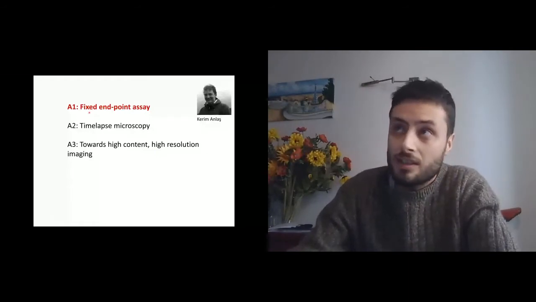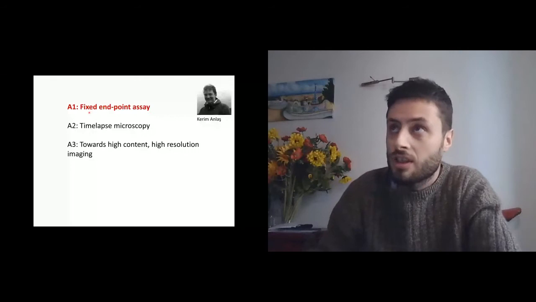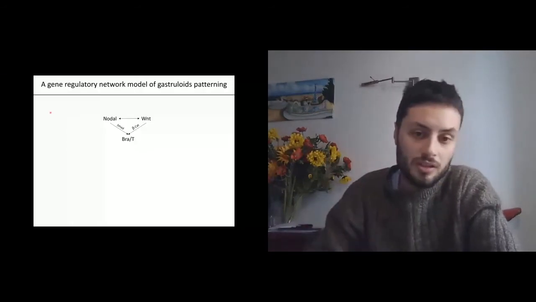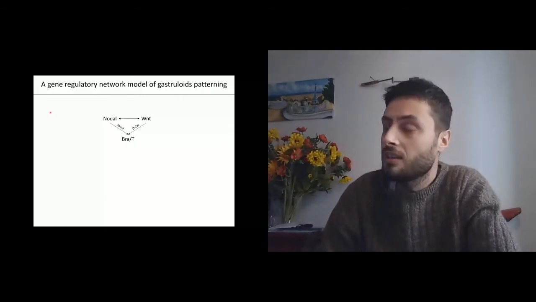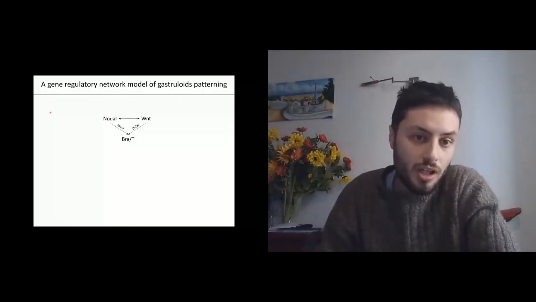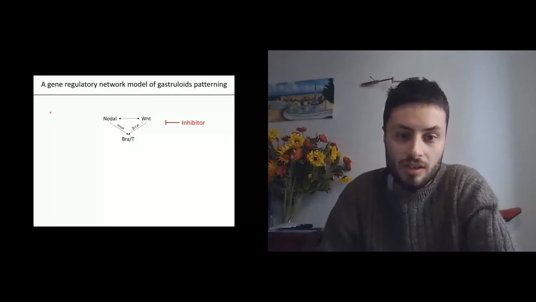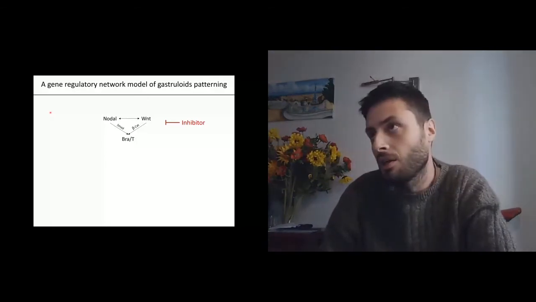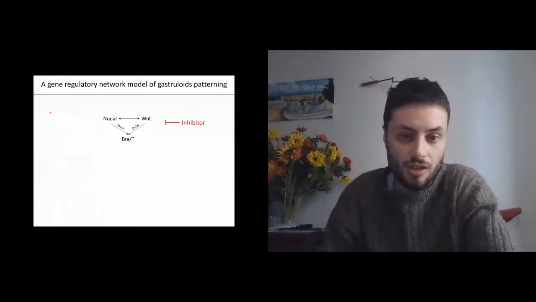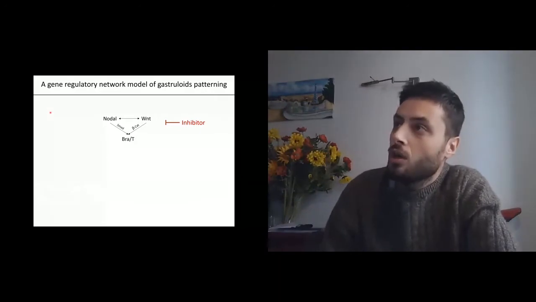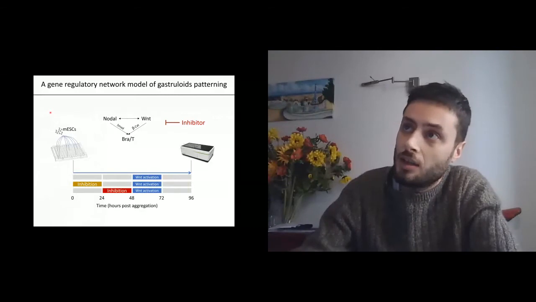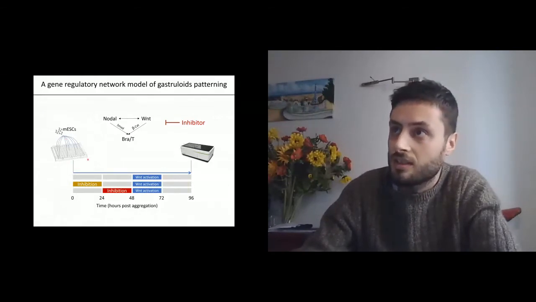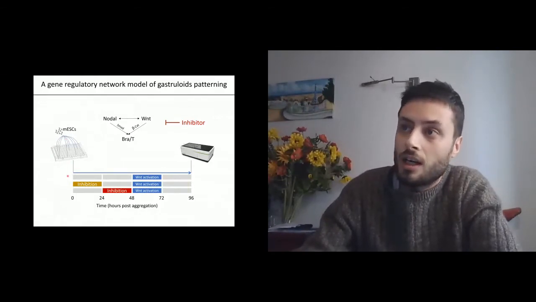What we are interested in this case is to study the gene regulatory network that is responsible for the patterning of the gastruloid. To do that, we use inhibitors, small molecule inhibitors that are capable of perturbing this gene regulatory network. This is a very typical fixed endpoint assay in the sense that once we seed the cells on a 96 well plate,